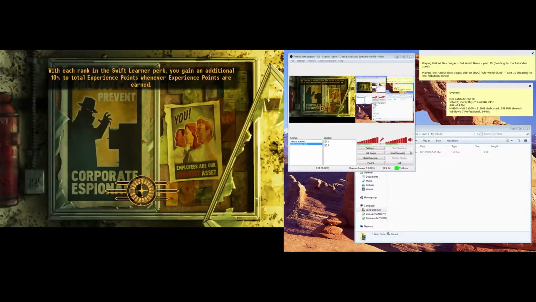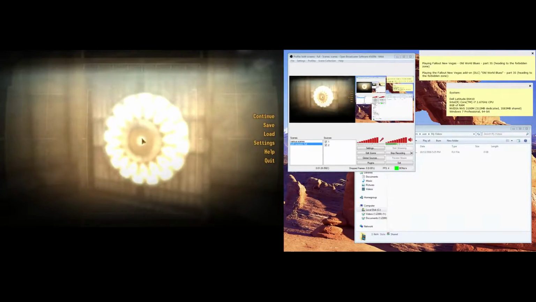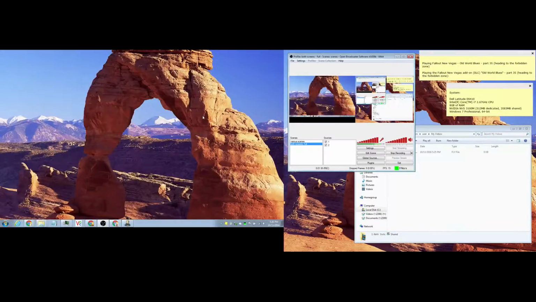And then load up my saved game. And then what I did is just pause the game and then hit Alt-Tab to come back to Open Broadcaster